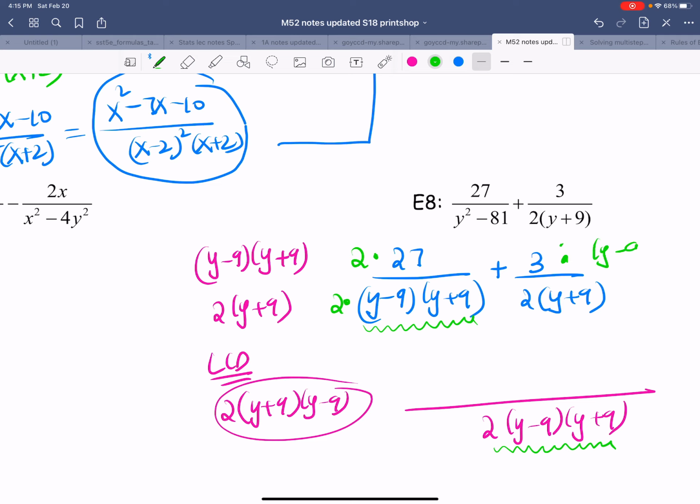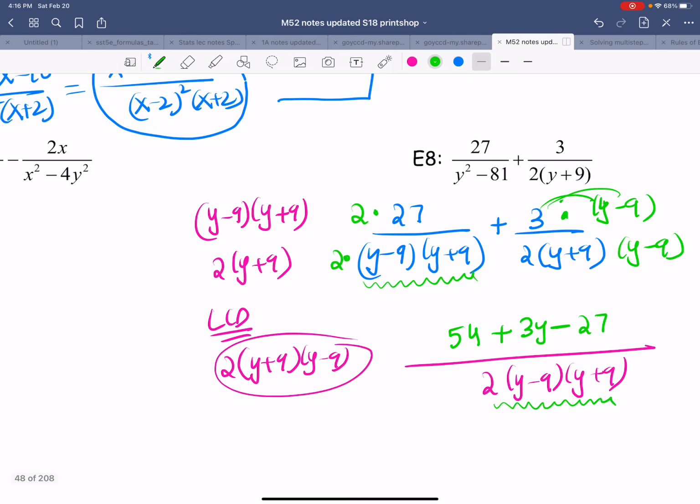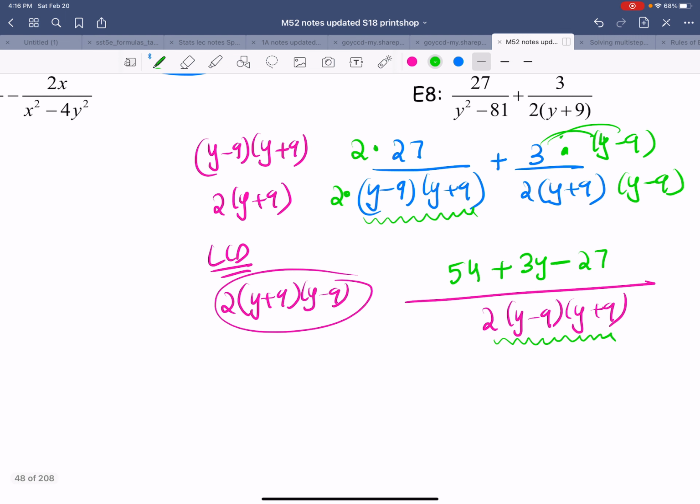The second fraction already has a 2, but I do need to multiply numerator and denominator with y minus 9. 27 times 2 is 54, and 3 times y is 3y, and 3 times 9 is 27. So 3y minus 27. 54 minus 27 is positive 27, over 2 times y minus 9